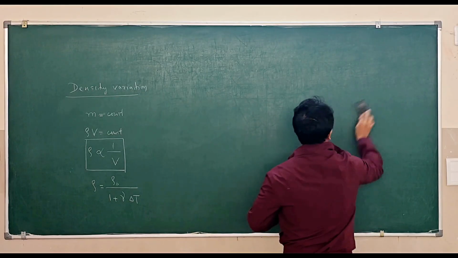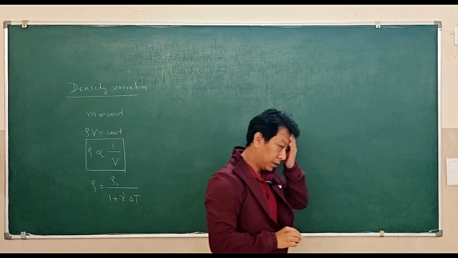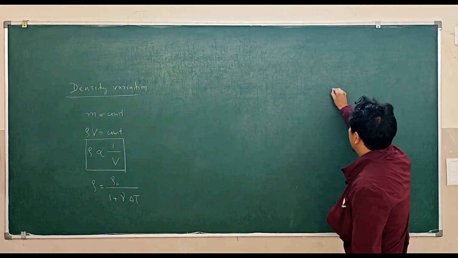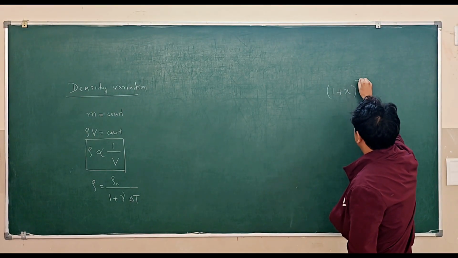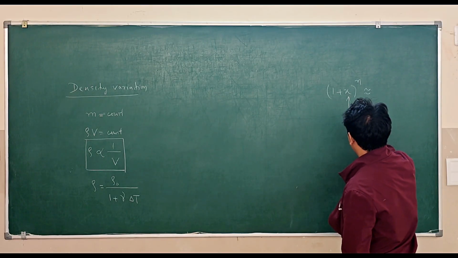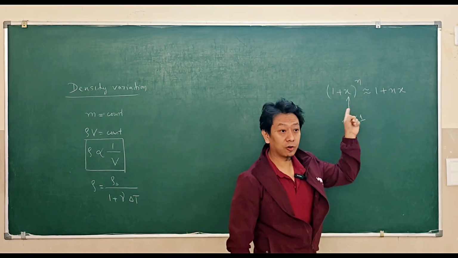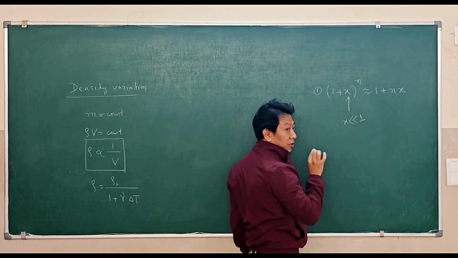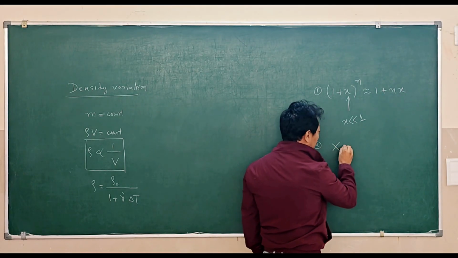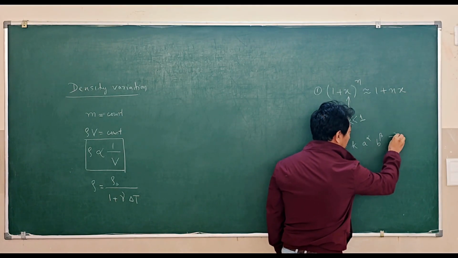Now students, I will ask few things which I taught you people already before. It is related to maths. So quickly remind me. 1 plus x power n is approximately how much if x is much lesser than 1? 1 plus nx. This is one thing I taught you, very important in this chapter, especially of thermal expansion. One more thing I taught you is, if any quantity x has some constant a power alpha, b power beta, c power minus gamma,